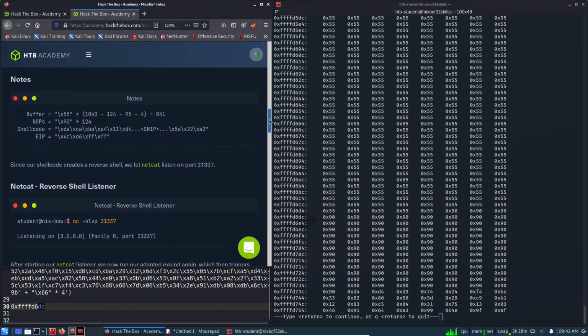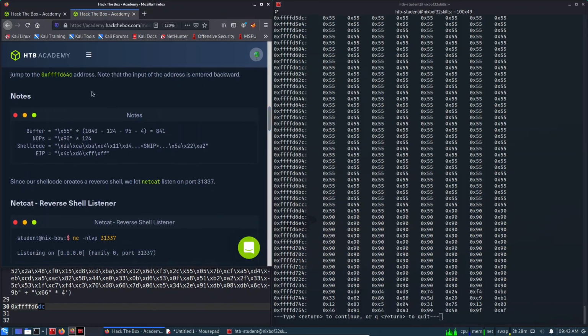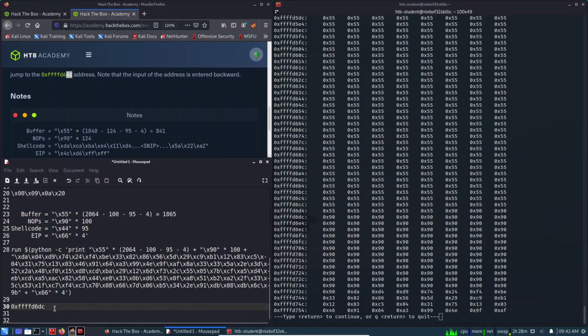So in their example you can see the address was this, and they have written 4C, then D6, then FF and FF. So from right hand side to left, but with the pair of two digits. So it will be written as \xDC\xD6, then \xFF\xFF. So this is the EIP,